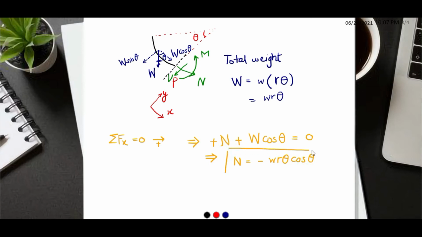So this is our internal axial force at any generalized point. Okay, now why is it negative? See, initially we have assumed it to be tensile, but we are getting a negative value, so that means our initial assumption of it being tensile is wrong. So that means this is compressive, and we denote it like this only, minus WR cos theta, and it is understood that it is compressive.